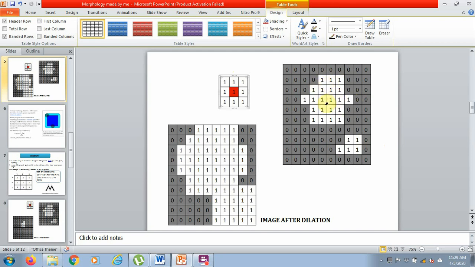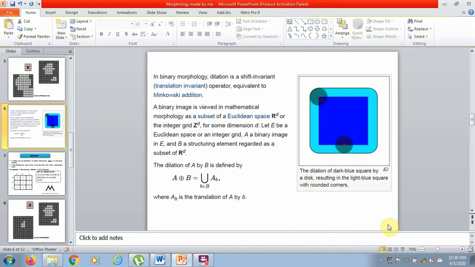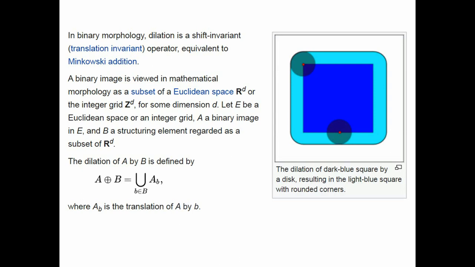If you represent 1 as foreground and 0 as background, you will see there is a region growing in the desired output. This was the input image, and after dilation you have found the new image that has been grown through a structuring element B. If B is a structuring element, A is the input image. So in a dilation, we can consider